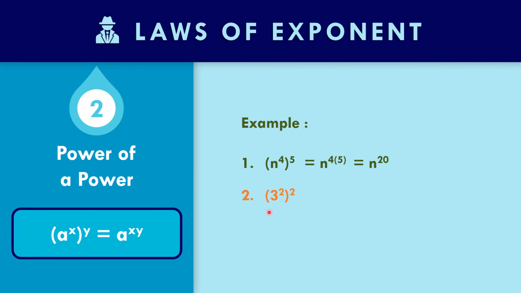In number 2, we have 3 squared raised to the 2nd power. So it becomes, copy the base 3 and then 2 times 2, that is equal to 4. 3 to the 4th power, it means you need to multiply 3 4 times. So 3 times 3, 9. Times 3, 27. Times 3, that is equal to 81. How about number 3? 5 squared. So it means 1 times 2, that is equal to 5 squared. And then 5 squared, that is equal to 25. Because 5 times 5, that is equal to 25.